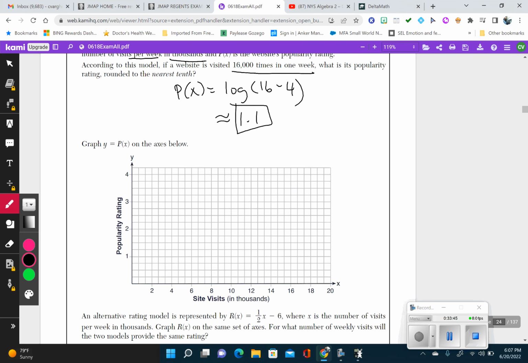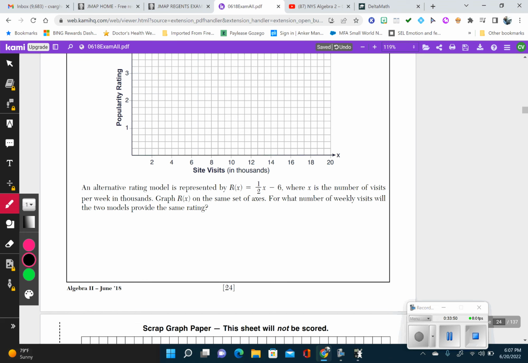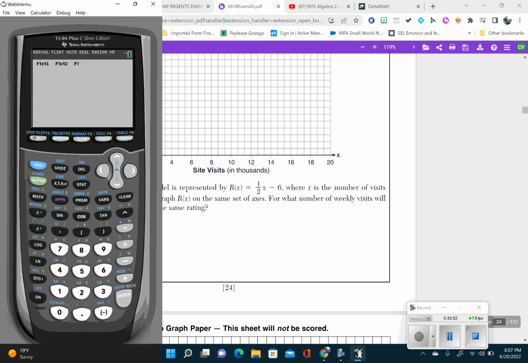Second thing is now we're going to graph this. Okay, so we're going to go here, plug this in. Let's delete that. Let's delete that. So the first one I'm going to plug in is